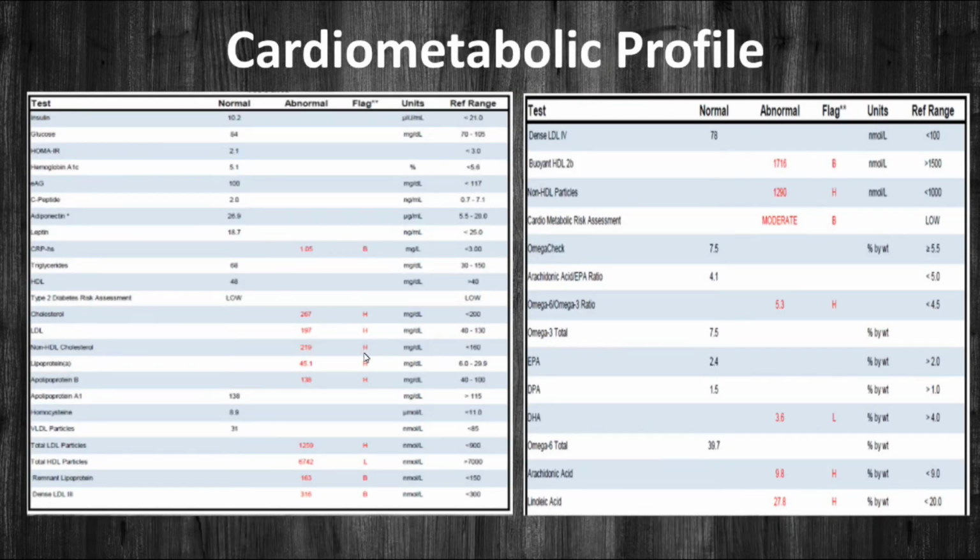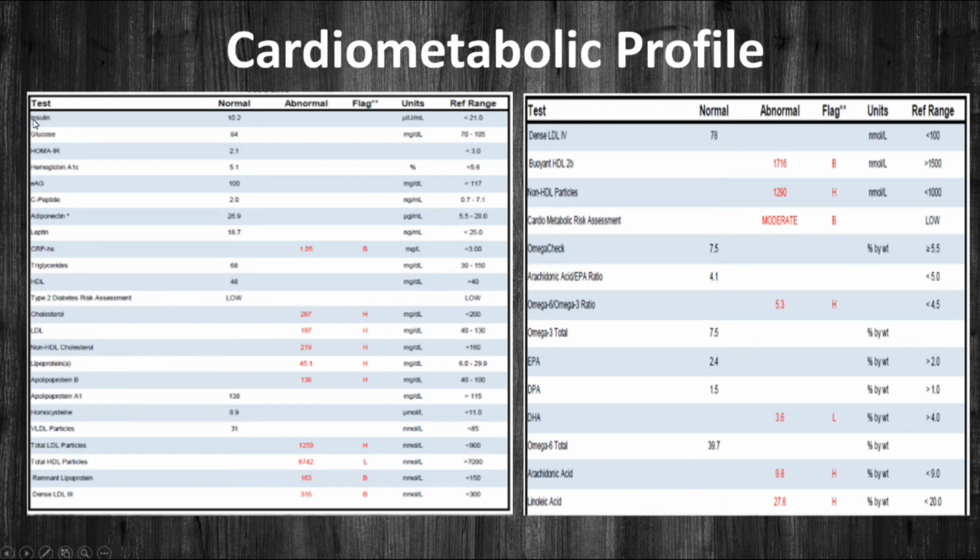Another test might be a cardiometabolic profile. Now, if we're recommending a cardiometabolic profile, this is going to be much more in-depth than what your medical doctor is recommending. And the reason why is many of the tests aren't actually uncovering any of the reasons why you might have blood sugar issues or why you might have any kind of cardiovascular disease, high cholesterol, or high blood pressure. So some of the additional things that we have on the cardiometabolic profile are going to be testing your